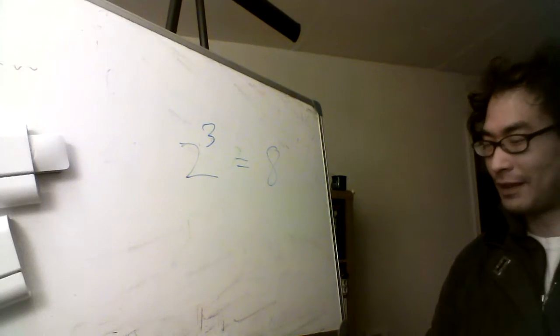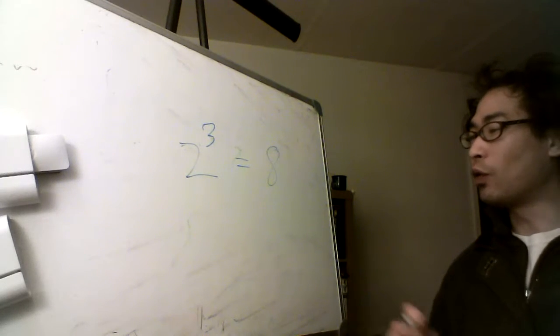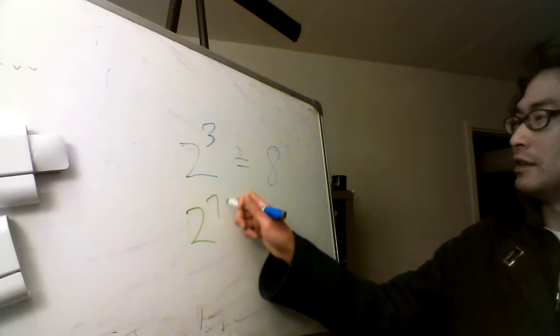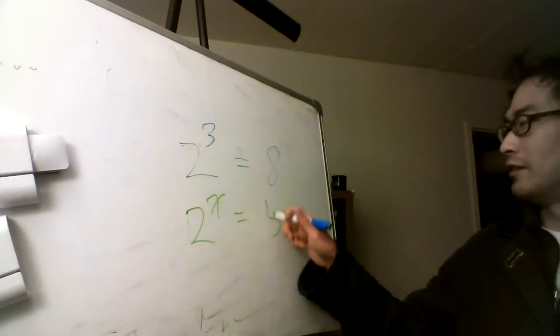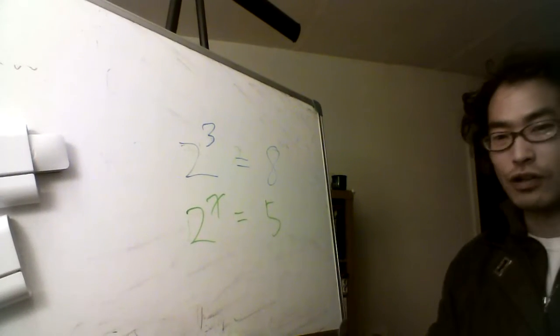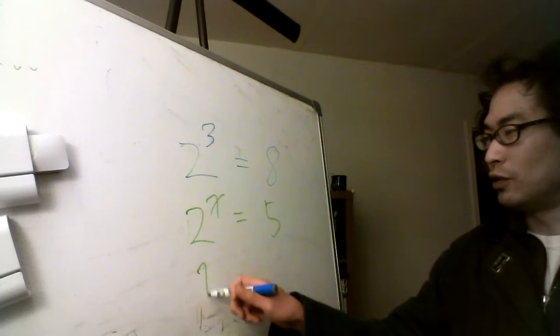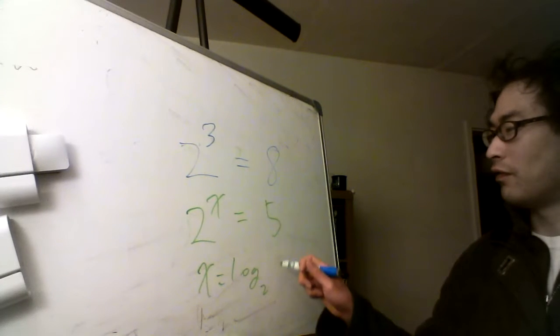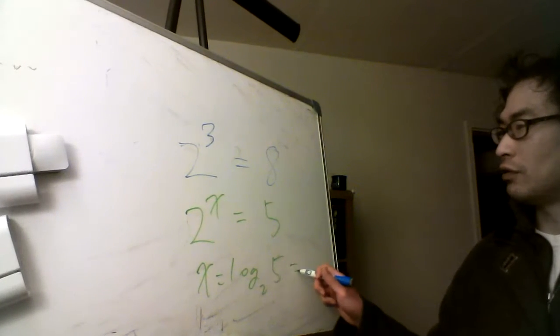Logarithm, all right? So let's say 2 to the x is equal to 5 instead. It's a notational convention. We write x is equal to logarithm base 2 of 5, which is equal to